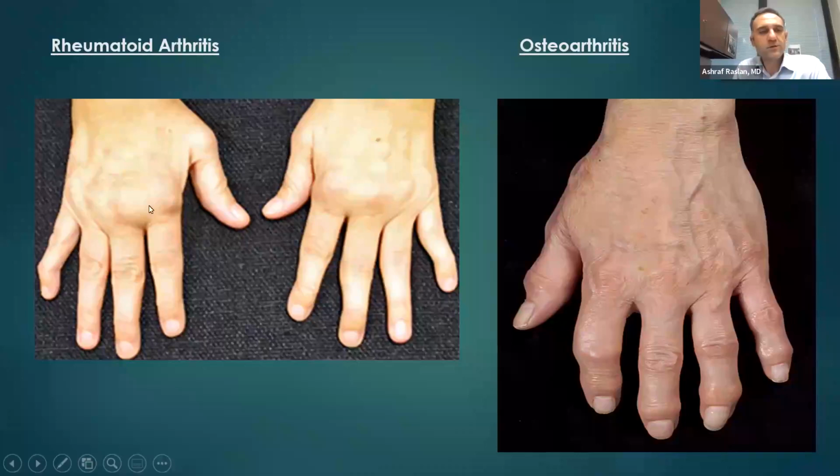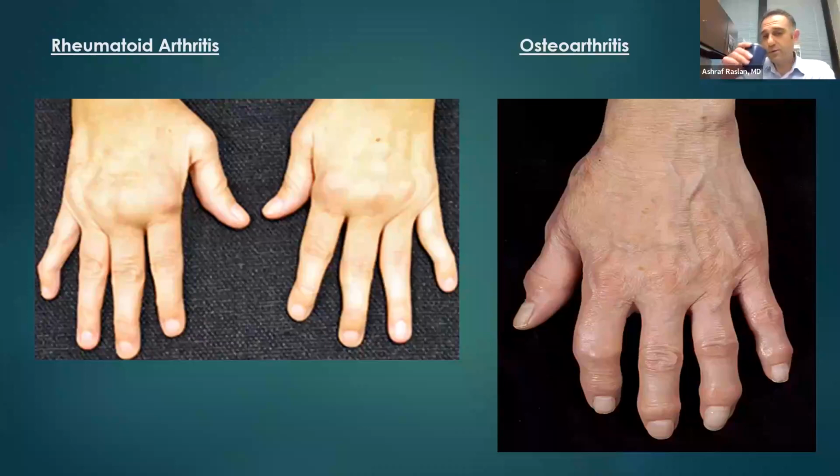But if we see this hand on the left-hand side, this is rheumatoid arthritis, and it's different. The joints are usually inflamed, so there is more fluid inside the joints. The joints could be warm, could be what you call squishy to the touch, and they're very tender usually. Another thing to keep in mind also is that